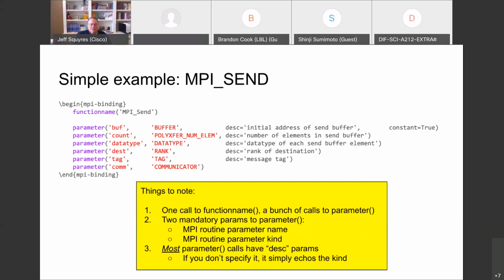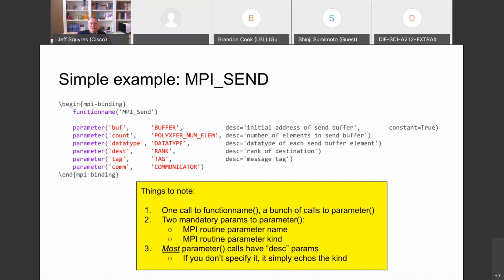And yes, I know it's parameter and the parameter function name, and it's a little confusing, but you're all adults, you'll cope. The first one is the name of the parameter itself, pretty self-explanatory. The second one is what we call the kind. We specifically did not call it a type because this has to apply to both C and two different flavors of Fortran, and potentially someday other languages as well.